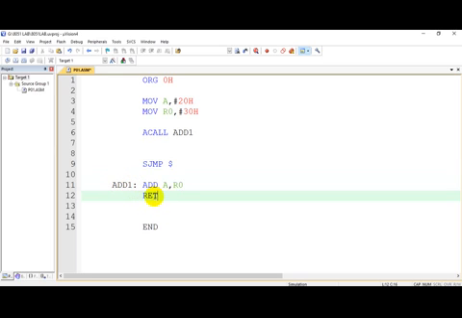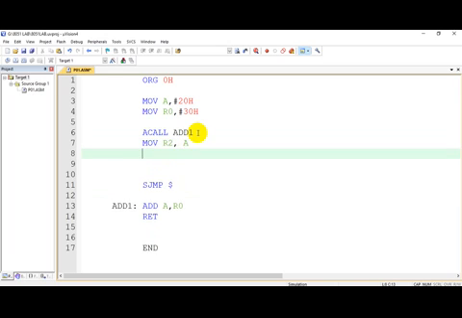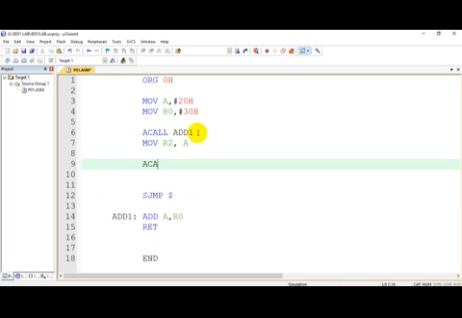Okay, the last instruction in any subroutine is the return instruction. Let me have one more subroutine instruction, and I will move r2 comma a. After this, let me have one more called a call